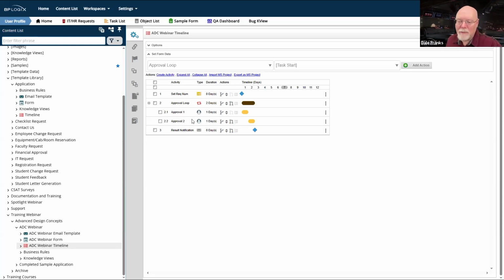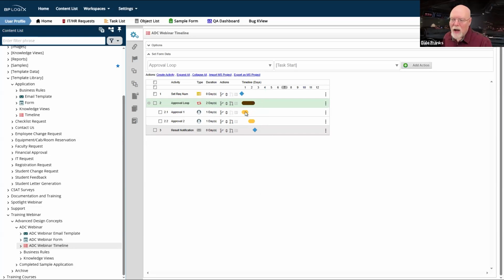And because this option comes at the end of the approval process, it also illustrates one other thing that is important to remember, and that is how dependencies work whenever you're going to throw a parent activity. Parent activities start, and when parent activities start, they invoke their child activities immediately. So when this activity starts, the first thing it does is it invokes approval 1. Now, the approval loop is going to run until the last of its child activities is complete.